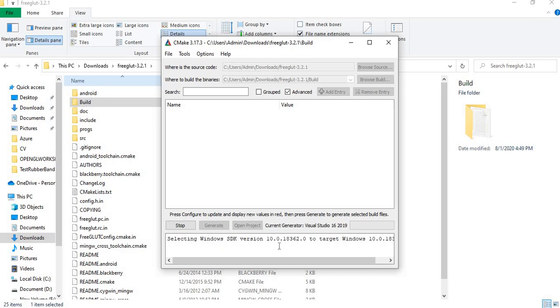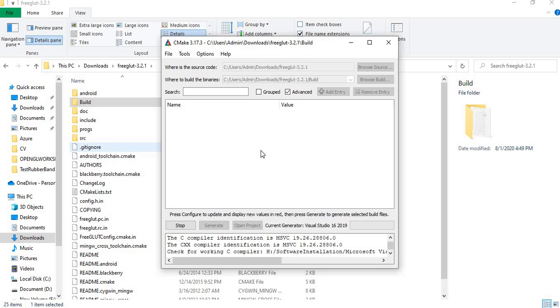Then it starts. It will not compile; it will create a Visual Studio project for you. After that, you can compile FreeGLUT and get all the DLL and libraries.